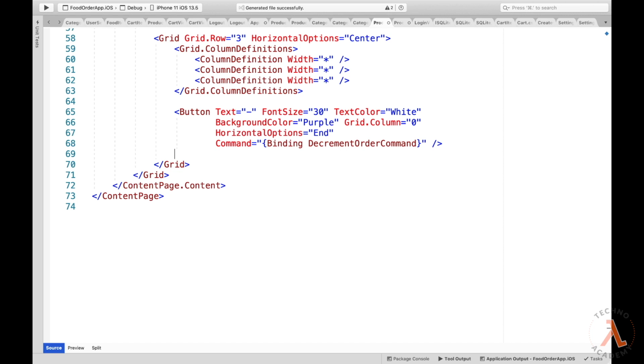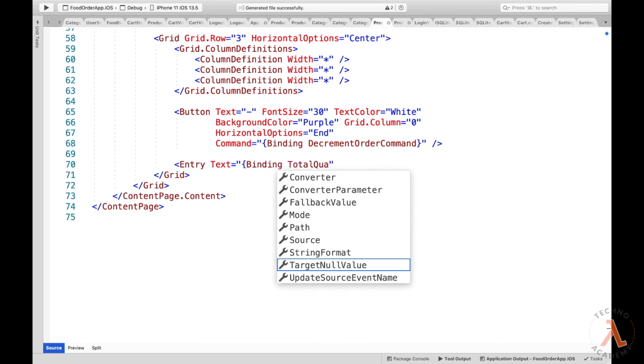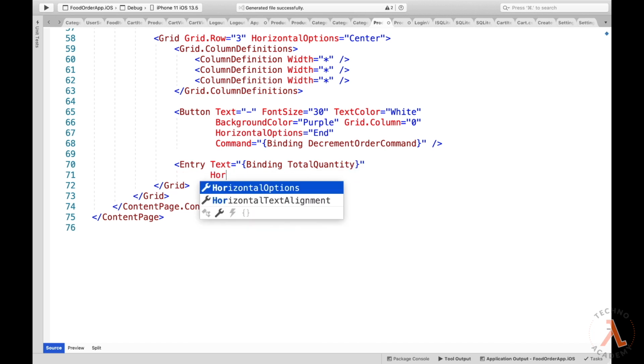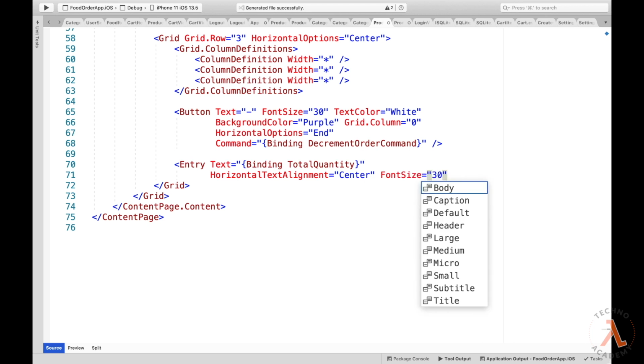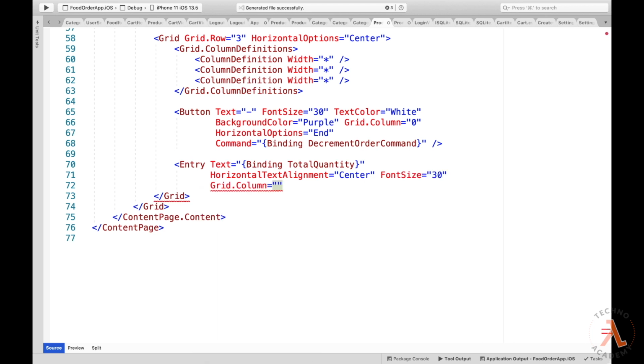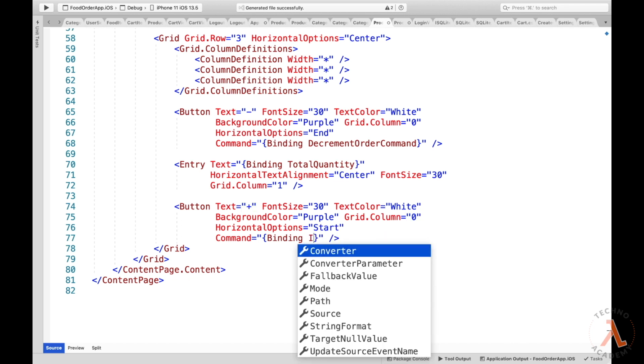Next, I would like to have an entry control to display or to accept the quantity of the food items. So let me type in entry text equal to binding total quantity. Next, let me type in horizontal text alignment equal to center and font size equal to 30 and the grid dot column equal to 1. Next, for incrementing the order items, let me copy the button code and let me paste. And let me replace the minus with plus and let me change the command from decrement order command to increment